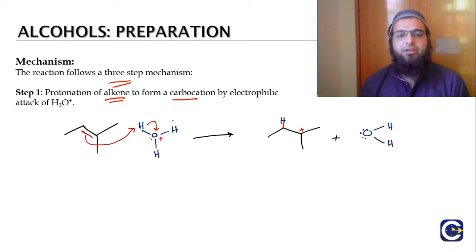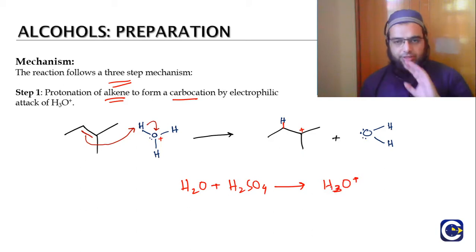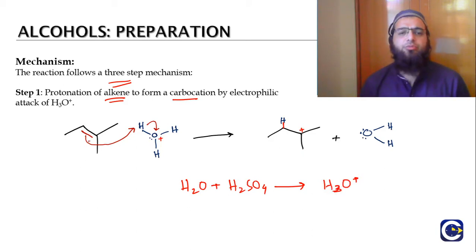So in the first step, this hydronium ion comes from the reaction between water and sulfuric acid. When water and sulfuric acid react, we get H3O+. This is hydronium ion, and you can also call it protonated water. Okay, so in the first step of the reaction, there is attack of this protonated water, this hydronium ion, on the